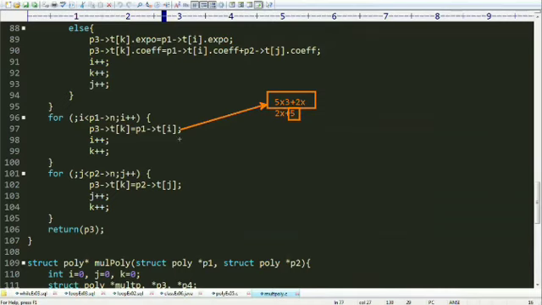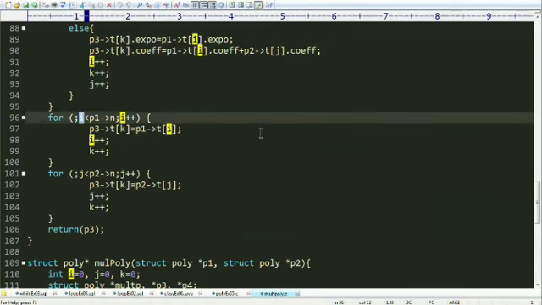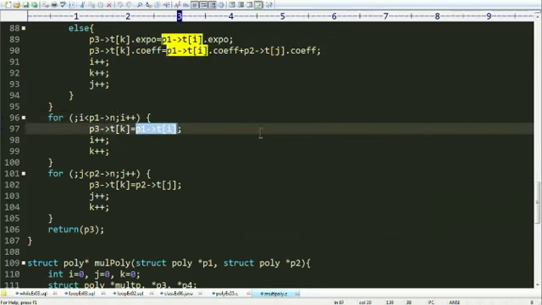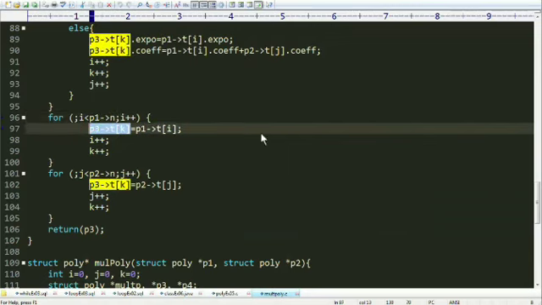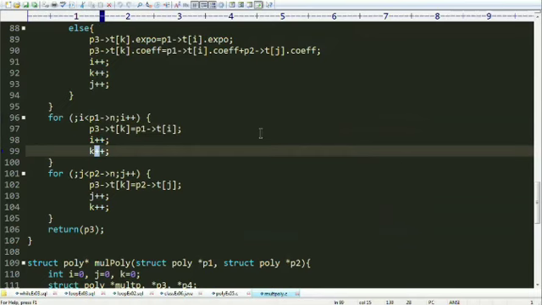polynomial. So I'm taking this for loop where I'm checking if i is less than the number of terms present in the first polynomial. If this is still true, then I just copy that term into the resultant polynomial, incrementing i and k respectively.